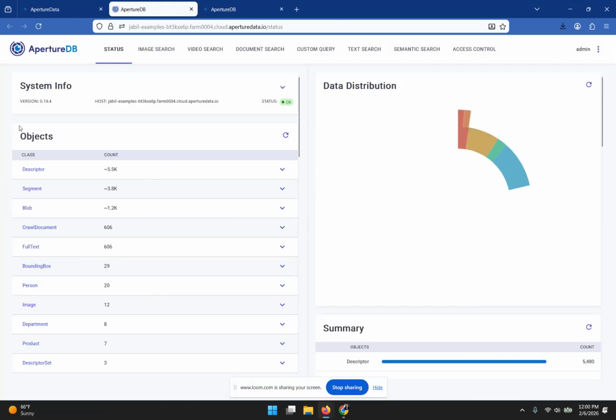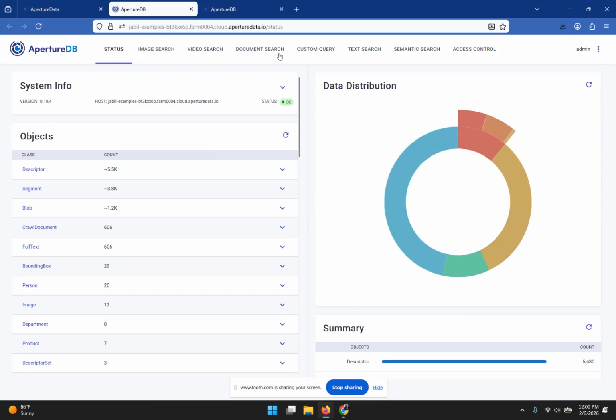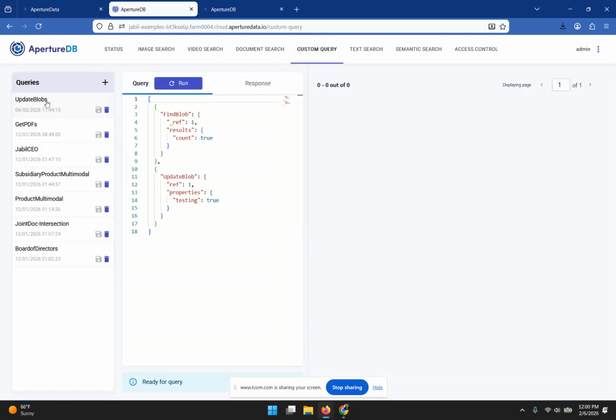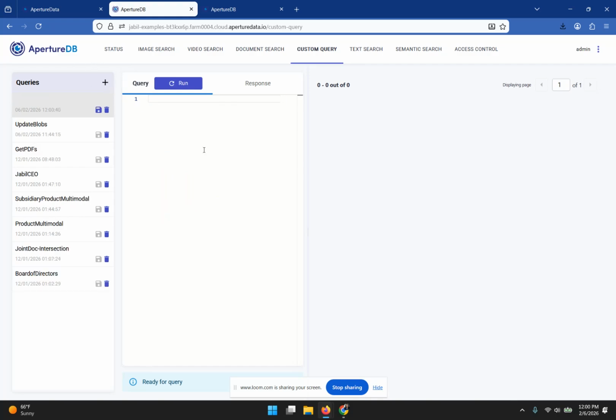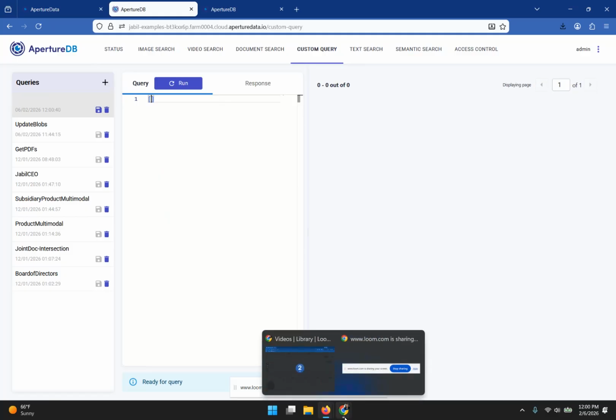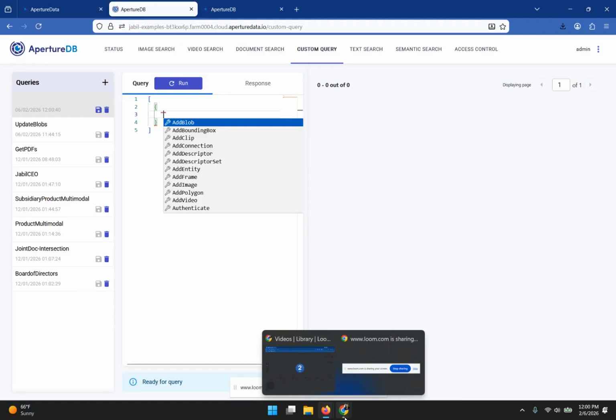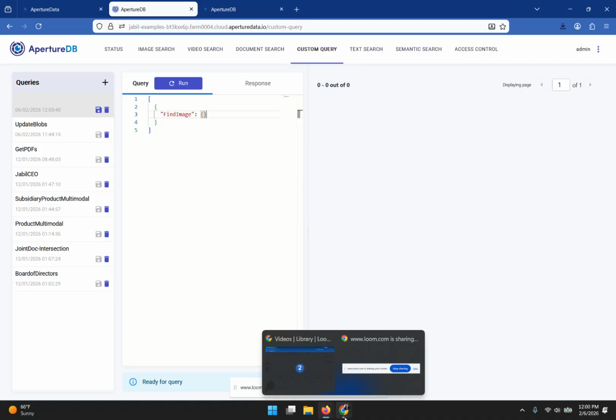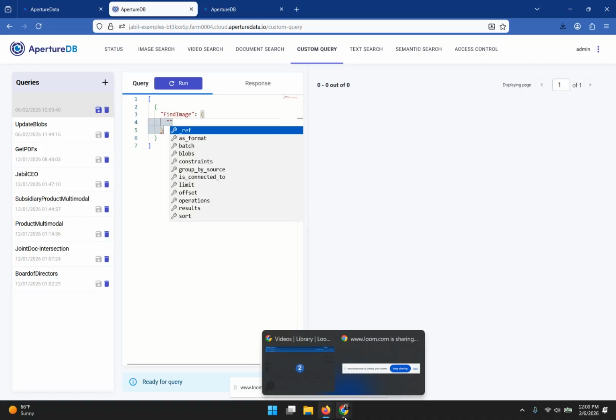And as you can see, there are a lot of different things that are loaded in this instance that you can use. But let's jump straight to the custom query tab. Now here I have a few queries written already, but if you wanted to add a new query, you create one, start with the square bracket, put a brace, and just let's say I want to find images that are there in the system, and I want to see